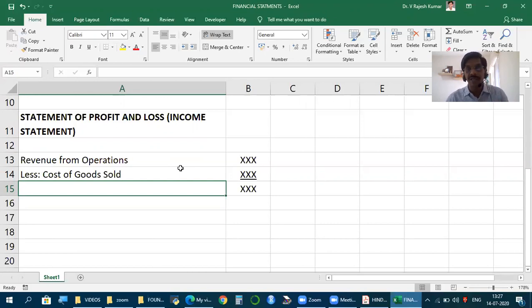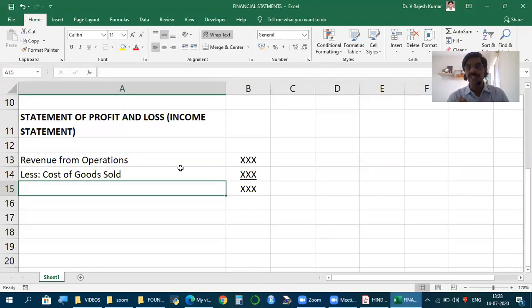For a manufacturing entity, we take opening stock of raw material plus raw material purchased during the period minus closing stock of raw material, which will give us raw material consumed, which you find in annual report as cost of material consumed. To that we add conversion cost, the cost of converting raw material into finished goods, which mainly includes labor cost and all factory expenses, or we also use the word factory overheads. Now this is in case of manufacturing: cost of material consumed plus conversion cost.